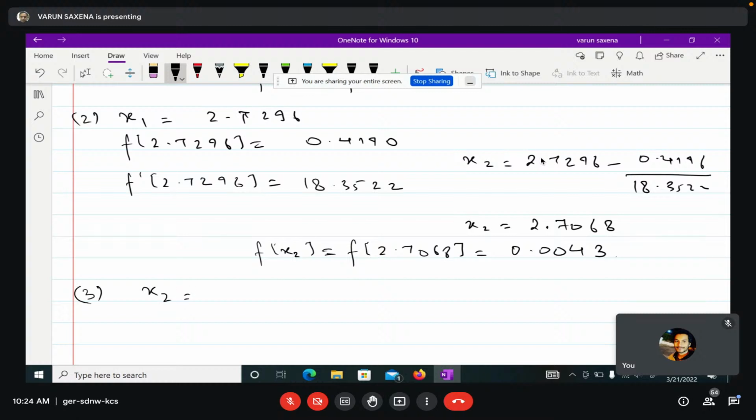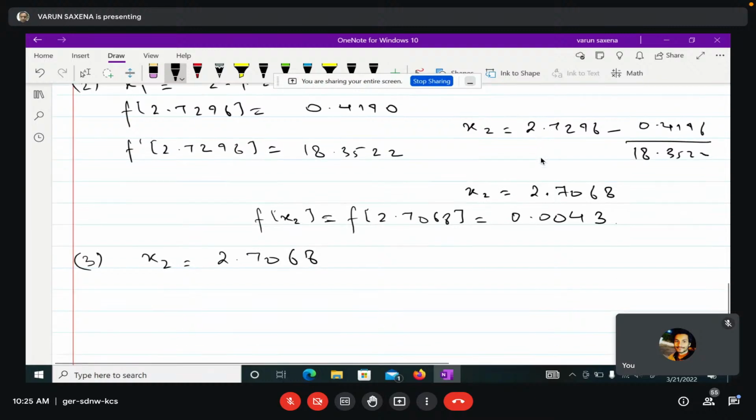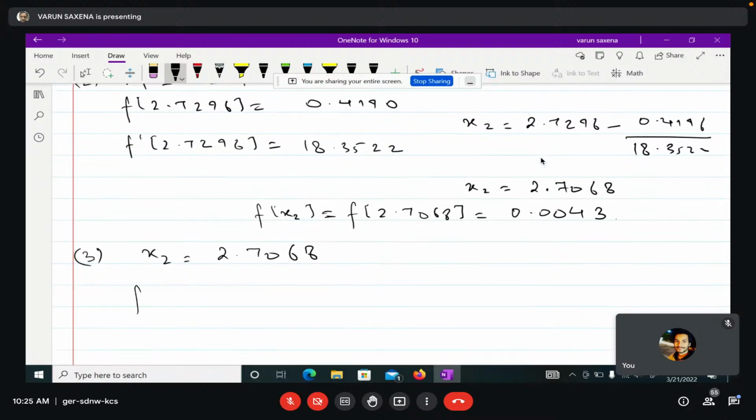So x2 is 2.7068. You can see that from an order which is comparable to 1, you are straight away in one iteration coming to something of an order of 10 to the power of minus 3, 4.3 into 10 to the power minus 3, right? So you are converging very fast towards the solution. That much is clear. So if x2 is 2.7068, then f 2.7068 is 0.0043, and then f dash